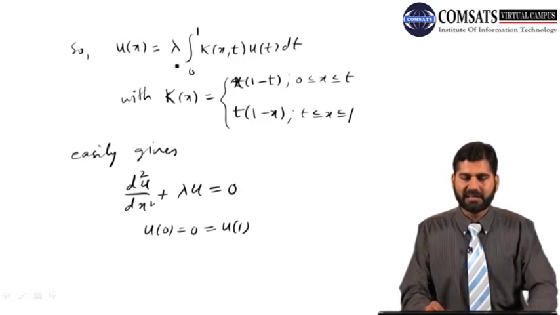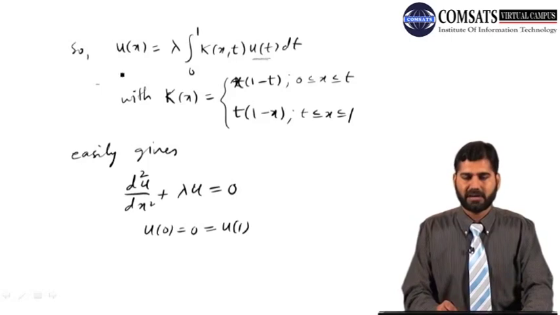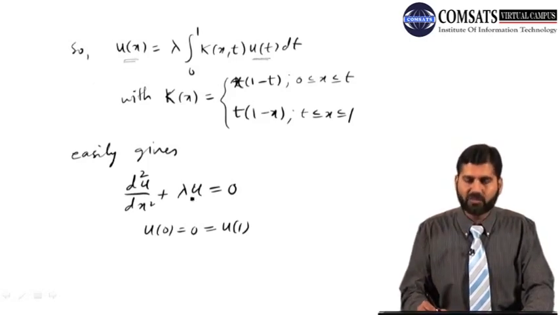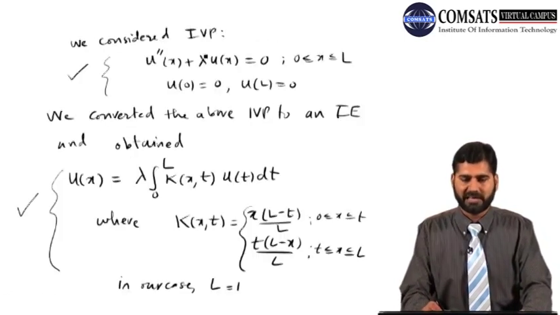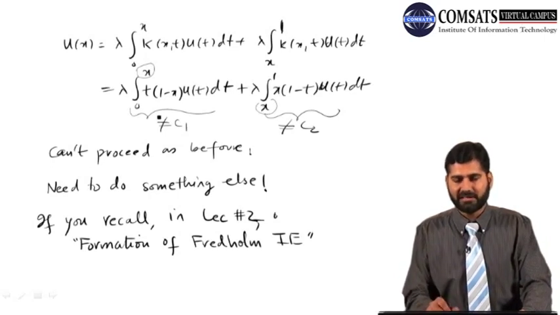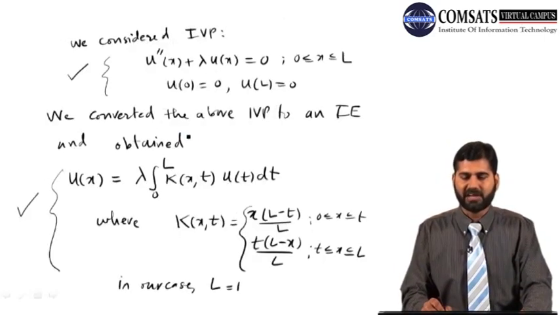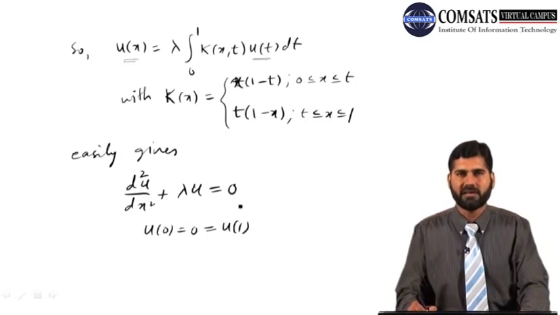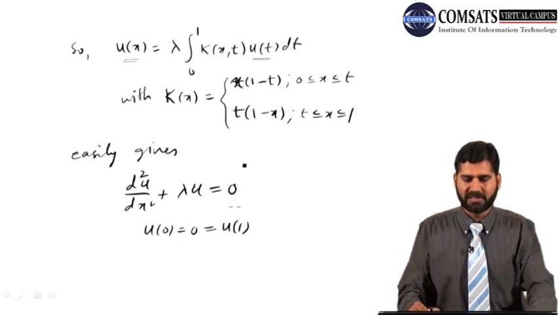Alright, so all I need is the eigenfunctions from here, u(t), u(x). If I solve this one, I will again get them, because we don't know how to solve this one, just because, as I gave you the reason, it has x in the limits, and the way we are finding the eigenvalues and eigenfunctions, we cannot do that in this case. So instead of that, I wrote the corresponding initial value problem in terms of a differential equation. So we can solve this and easily find the eigenvalues and eigenfunctions.